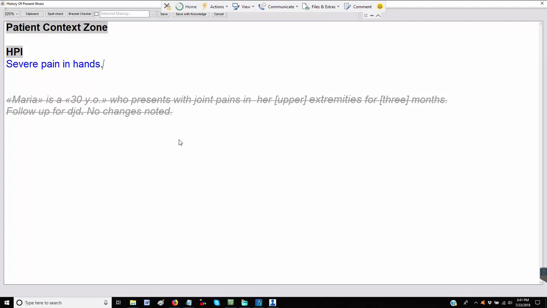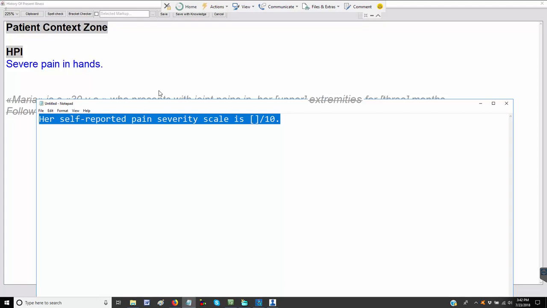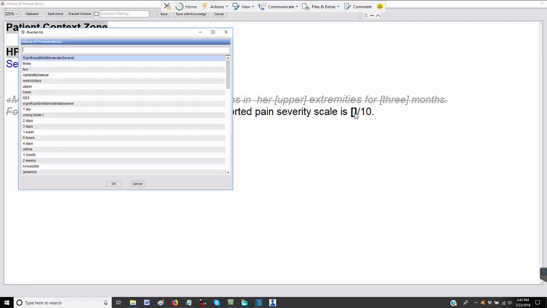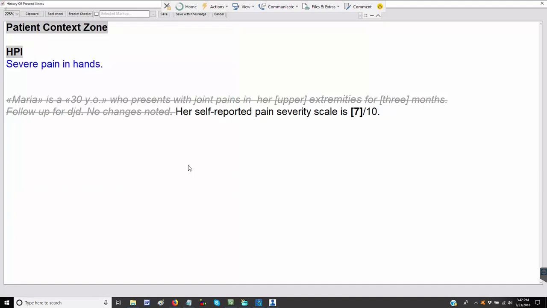Let's say that we want to add the pain rating scale to this discussion of DJD. All right, I have already created it, so all I need to do is paste it, so we don't have to type right now. Okay, now let's say she's 7 out of 10. Okay, fantastic. Now this is nice and any human can understand this, but if you wish to transmit this to other